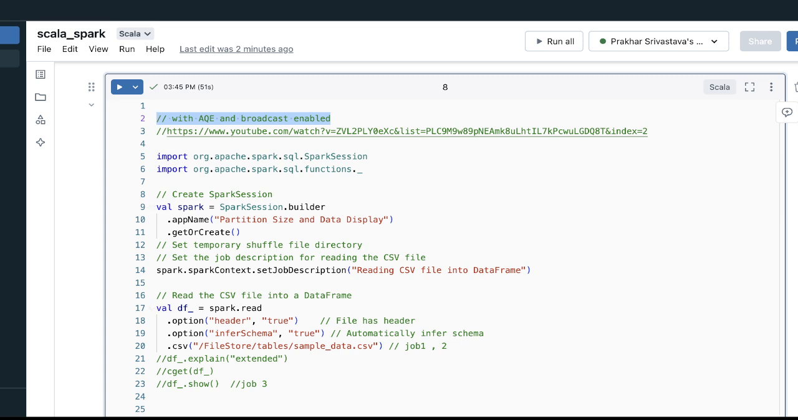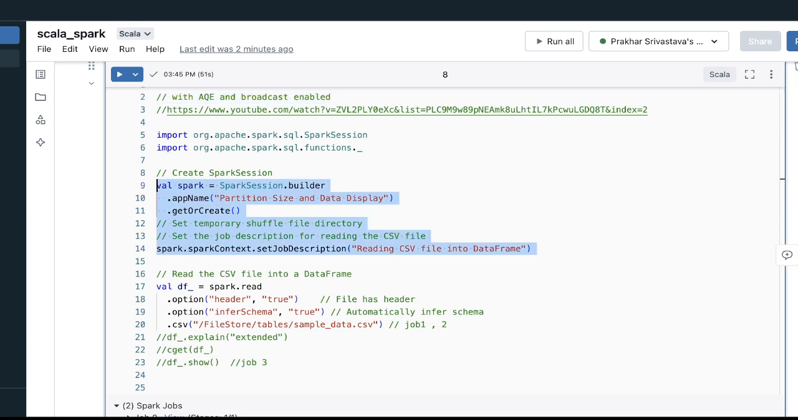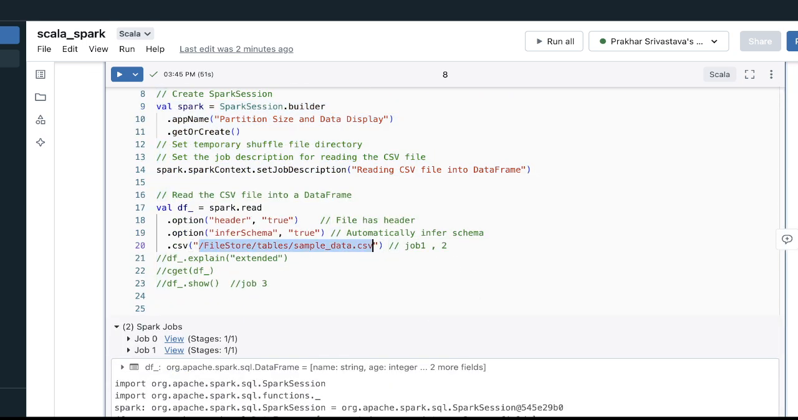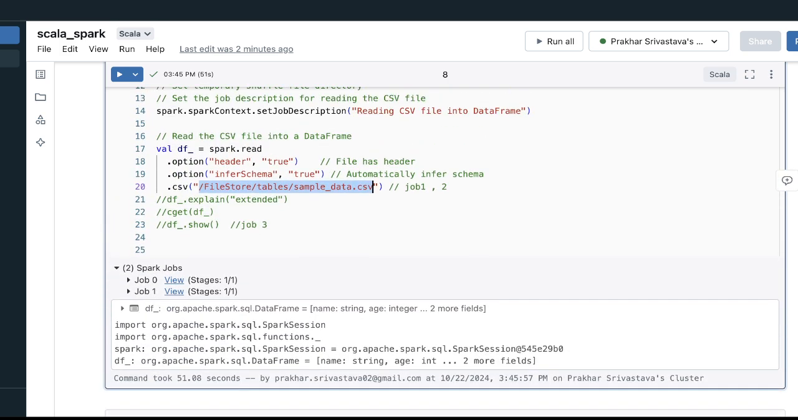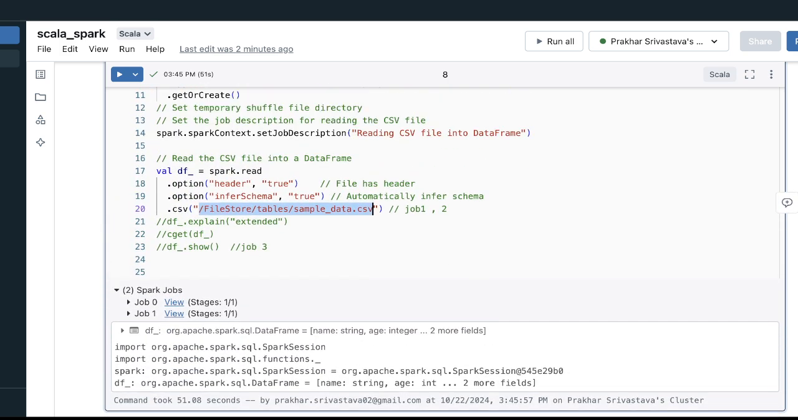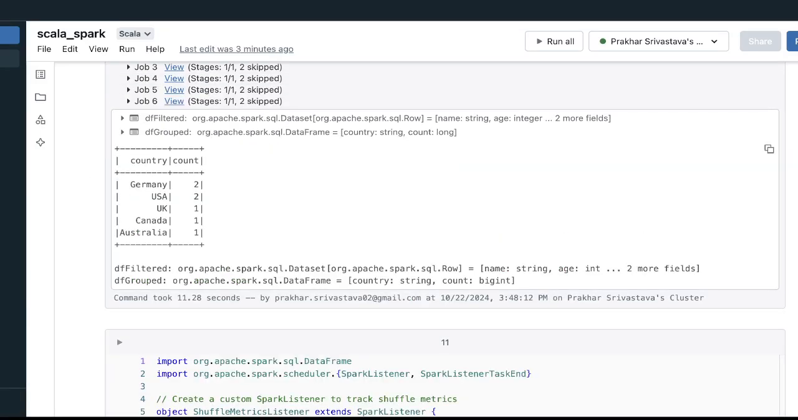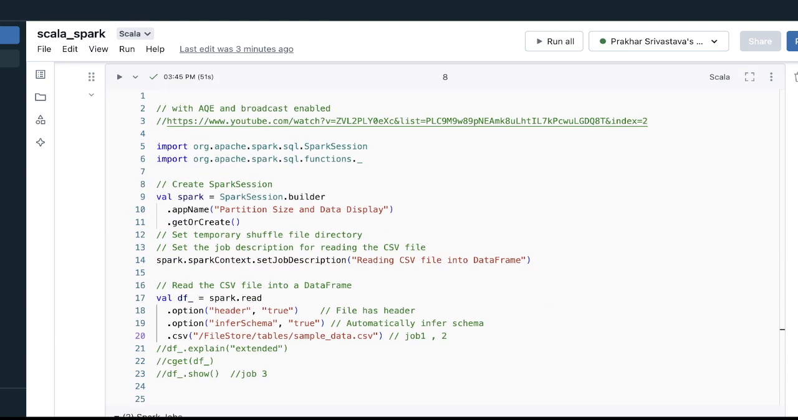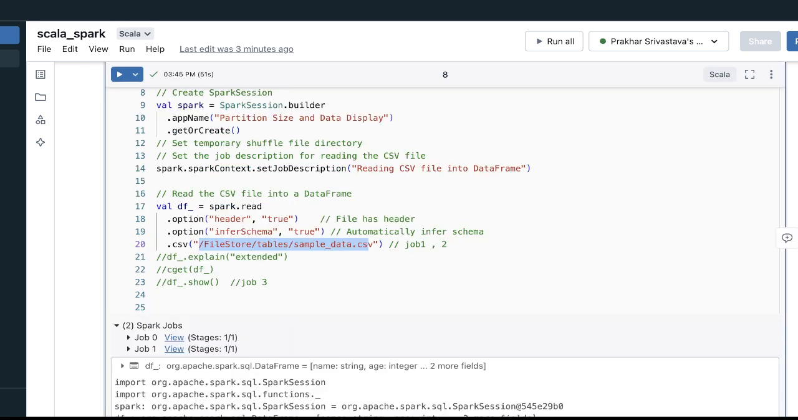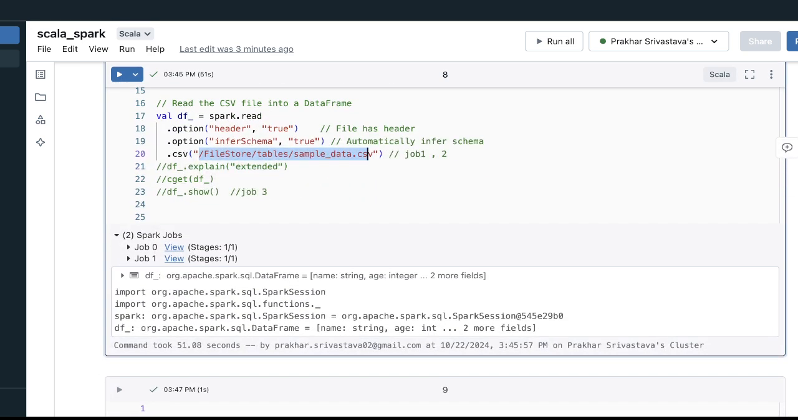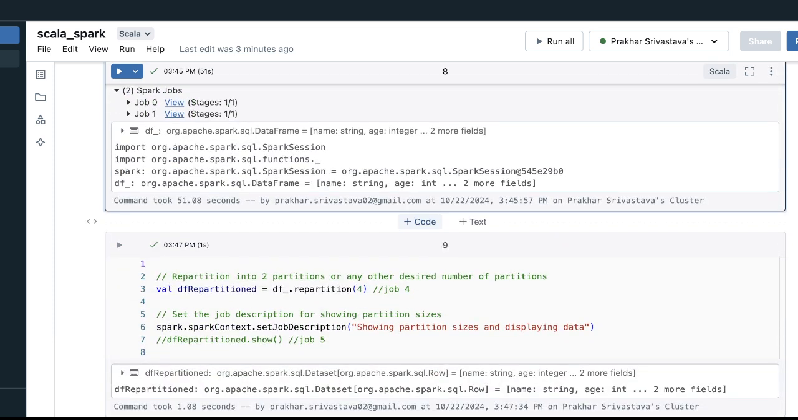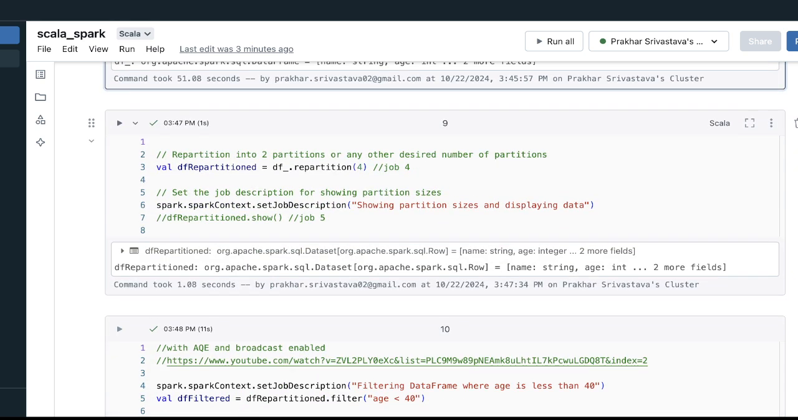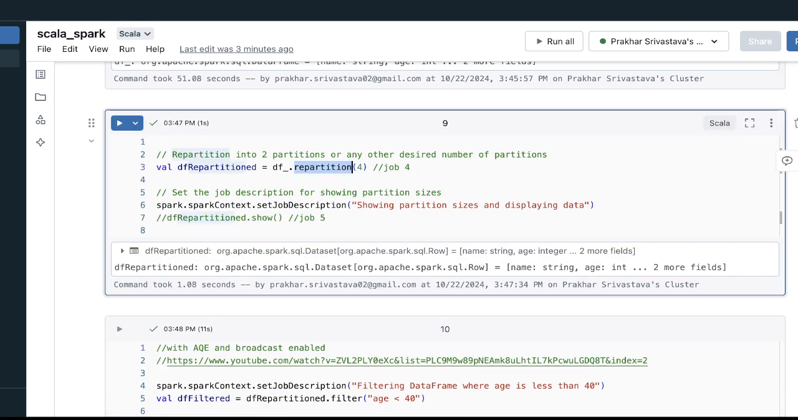So now what I'm doing is creating the Spark session. I am reading this sample.data.csv, which has a few records of countries data. This is the final output, but if you see this data, it's sample data only with country and the countries data. And the next thing I'm doing is partitioning into 4 partitions, and I'm displaying the description,